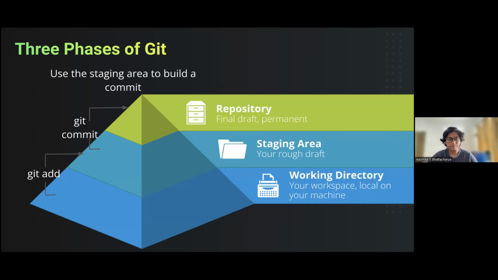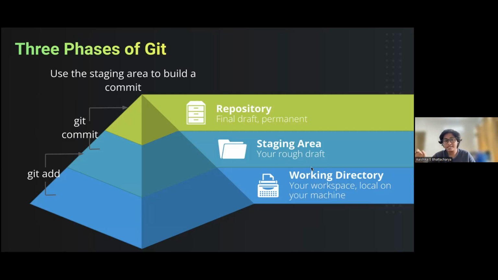So to make it more simple, let's take a look at this diagram. So here you can also see the different commands that we need to follow to dive into different phases of Git. So the working directory is the first phase, the most important phase. This is your workspace. And this basically works locally on your machine. When you are ready with whatever you have written, whatever you have coded, once everything works, you just need to execute git add, which is the command that you need to move to the staging area.